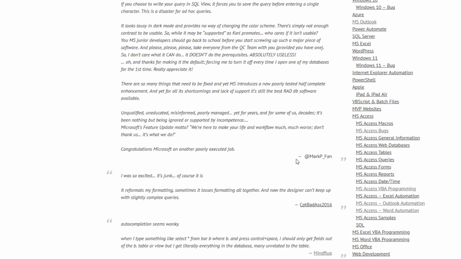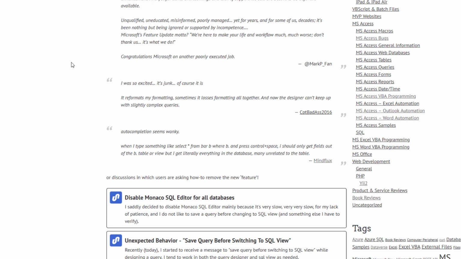They may not come out and say it outwardly, and especially not in a public forum, but I think a lot of people are in this situation, and not just about the SQL editor. We can look at modern charts. We can look at the deprecation of ADP. We can look at the modern web browser control. We can look at all sorts of different things that have been removed, changed, supposedly improved. And I think a lot of the anger that he's expressing here relative to the SQL Monaco editor, it's just more of the same. So I'm going to let you review these if you want to,